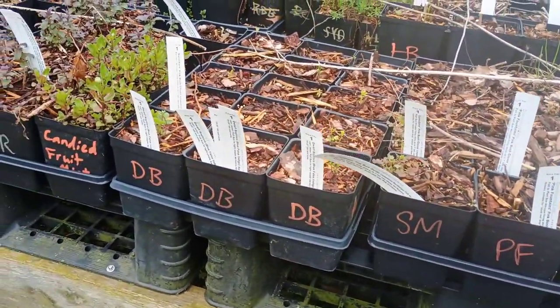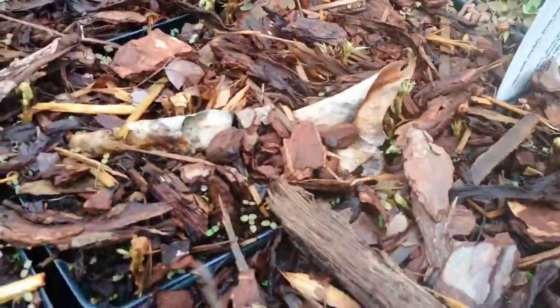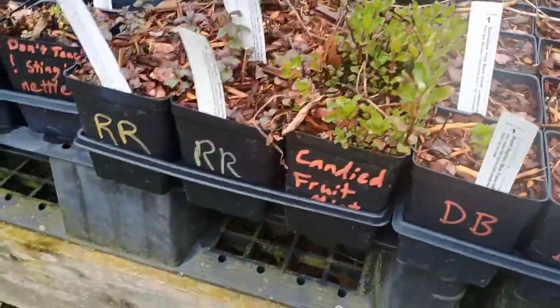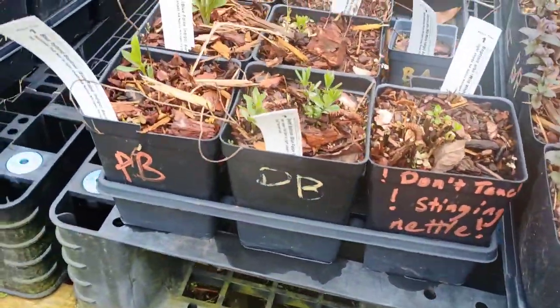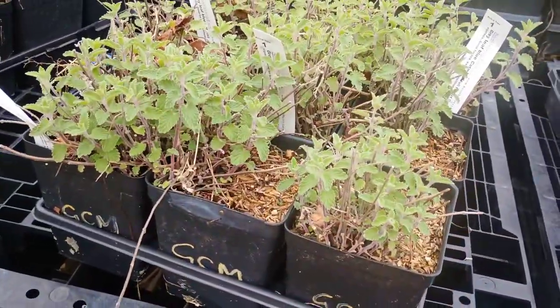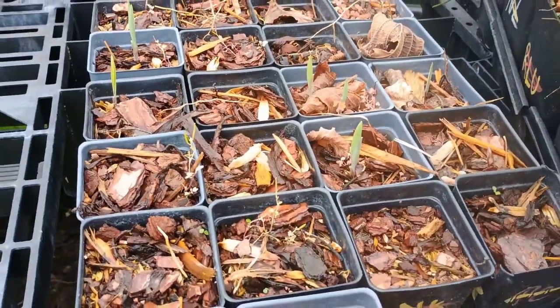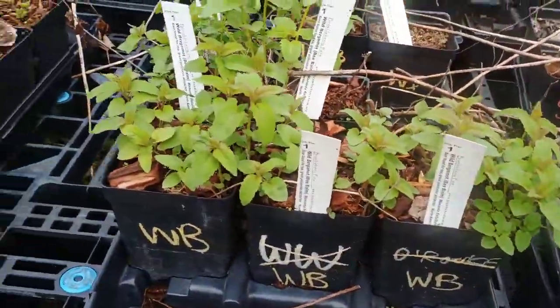The Baptisia is starting to come up in its pots nicely. The Lespedeza, the pink bush clover, is starting to come up. Candied fruit mint, rockin' raspberry, dwarf bergamot, more Baptisia, gray catmint, lots of nice Virginia mountain mint, some little tiny bellworts coming up in their pots there, more swamp milkweed, wild bergamot, Kentucky kernel spearmint,